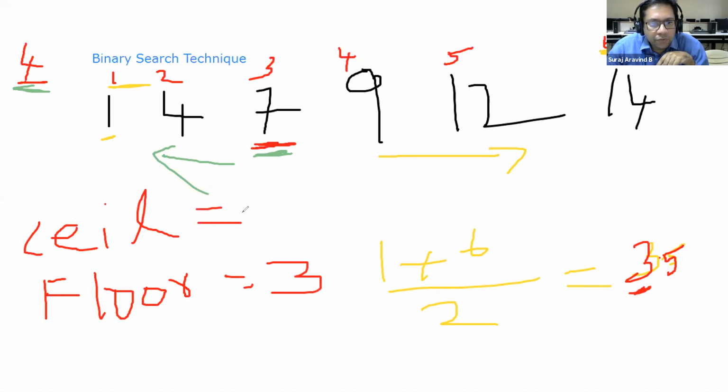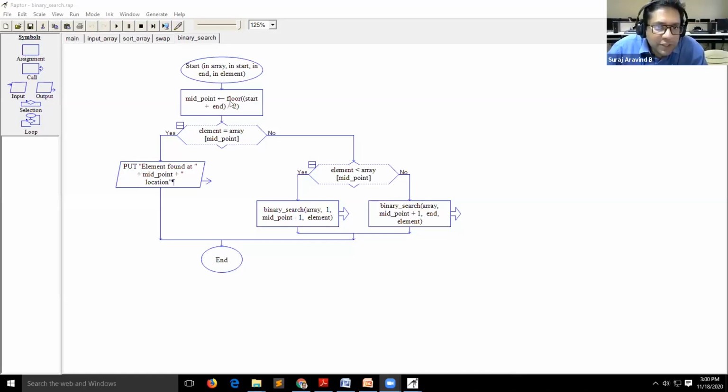The ceiling value will be 4. A room will have a ceiling, a room will have a floor, so the number will be floating between the ceiling and the floor. So these two functions are available in Raptor. I'm using the floor function. So 1 plus 6 by 2, 3.5. The middle value will be 3.